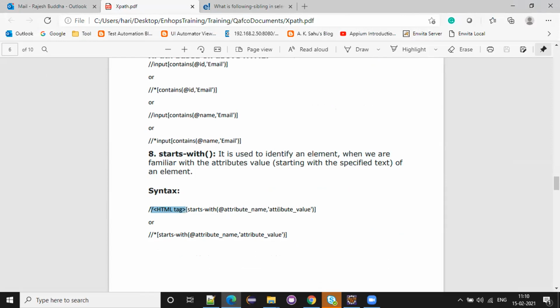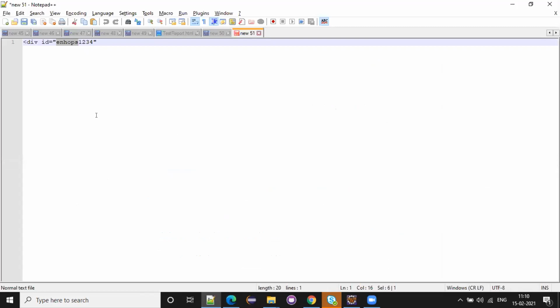As I said previously, this will change every time, dynamically: 1, 2, 3, 4, the id will change.